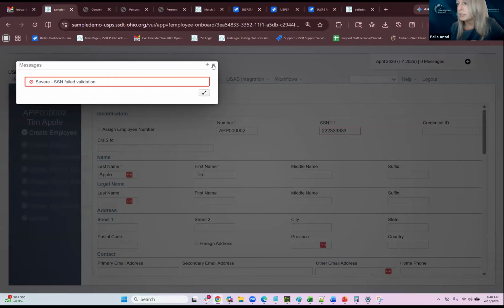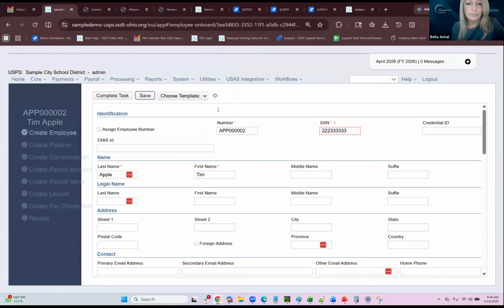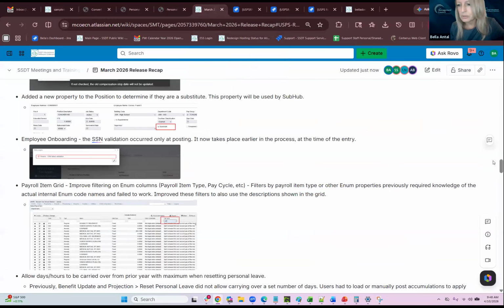So I think this will be a time saver, hopefully, for everybody, that they moved up the validation to take place much sooner in the process. Any questions on this? Okay. They also made